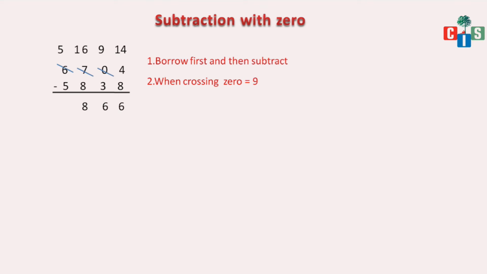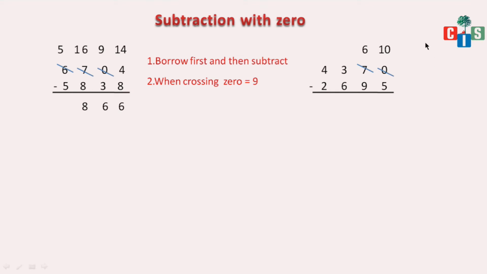Now let's have the second example. Here 0 is placed in the ones place. Now let's see what happens. 0 minus 5 is not possible, so borrowing from the next door, 7 changes to 6. And here 0 will change to 10. See, this example is different from the first example. Here you are stopping at 10. In the first example, you were crossing the 0, so it changed to 9. Here in the second example, you are stopping at 0, so it will change to 10.